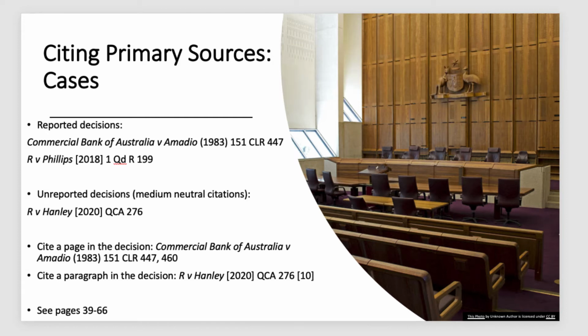Now, after the law report abbreviation comes the page number that that particular case starts at within the law report series. So here, going back to Commercial Bank of Australia and Armadio, you'll see that the page number is 447. So that's where that judgment begins. Now you can see on the second example of Crown against Phillips that this is a 2018 decision. It's volume 1. The law report abbreviation is QDR, that stands for Queensland Reports, and that judgment starts at page